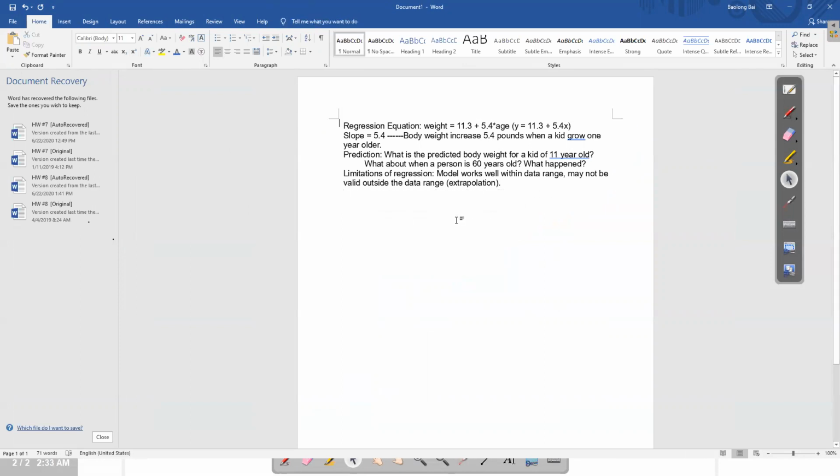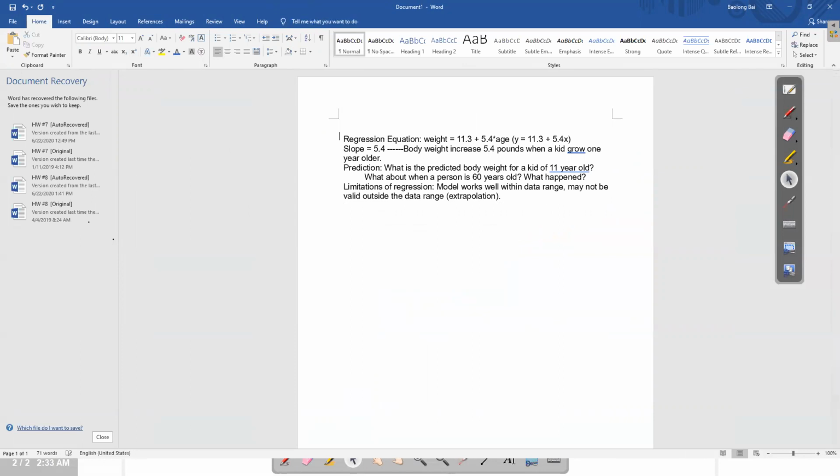So if you want to predict a kid of 11 years old, you need to know what is this 11? Is that X or is that Y, right? Are we given X or given Y, right? So apparently 11 is age, which is X, right? So if you want to predict his body weight, Y will equal to